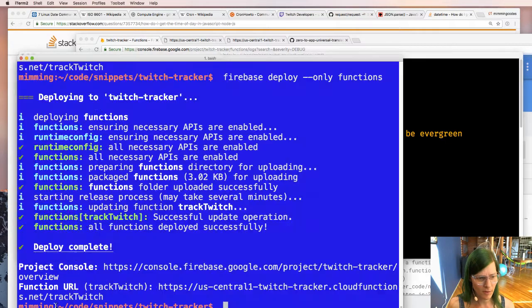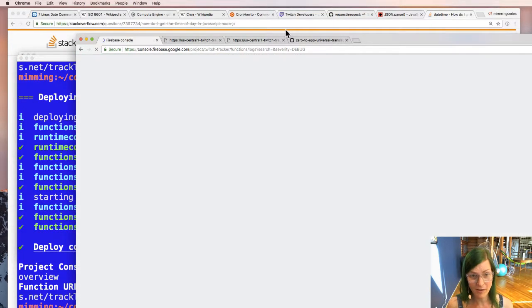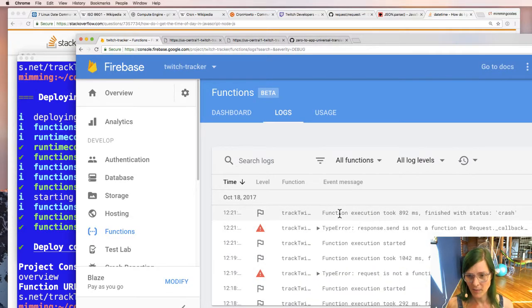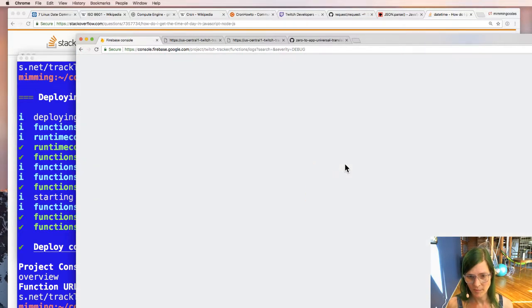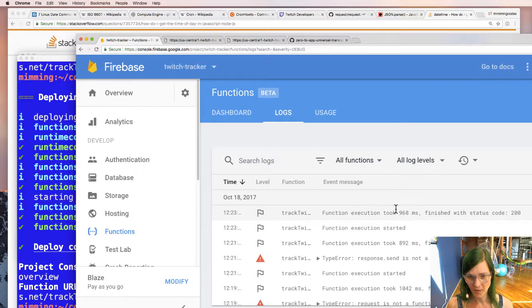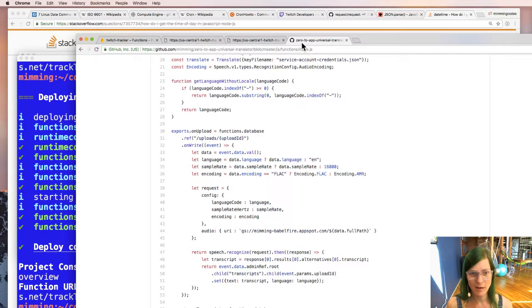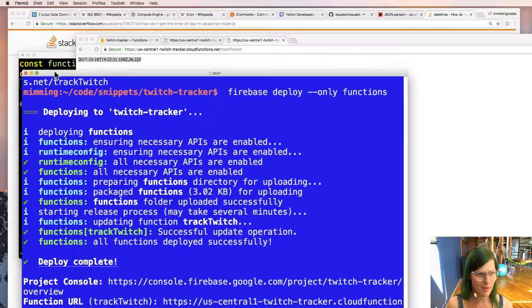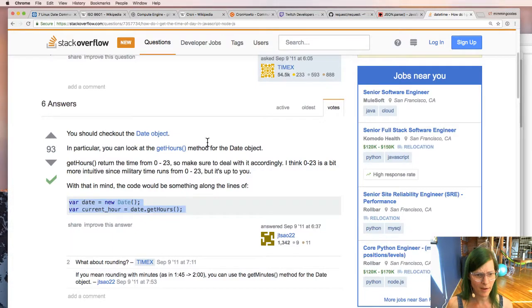Okay, so is it deployed again? It's deployed again. So let's switch gears back to debugging our current function. We'll run it again. And there's that thing. Okay, so it worked this time. It finished with status code 200. That's what we want to see, that it actually ran. So now we just want to take that information and dump it into a real-time database. So let's close that. We're going to do it maybe with more boilerplate than we need. I'm just going to go ahead and do it that way.